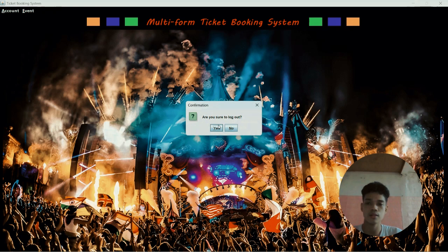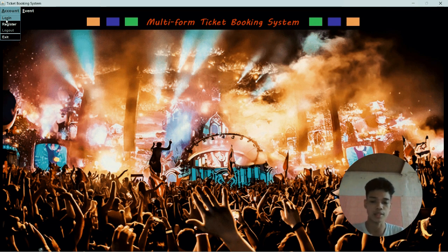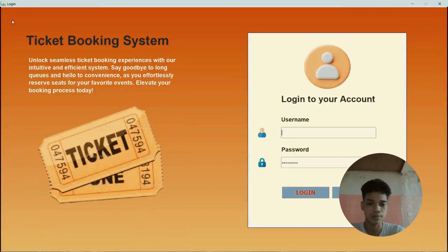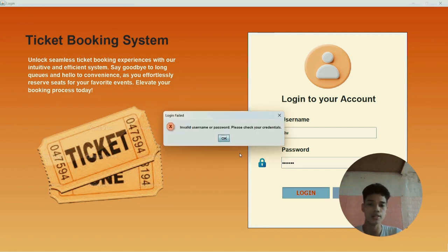Pressing yes, it goes back to our front picture and login and register are enabled again. But when I type something else here and try to log in, it shows an error because it doesn't recognize any other username or password. It's only the admin who can log in that way.